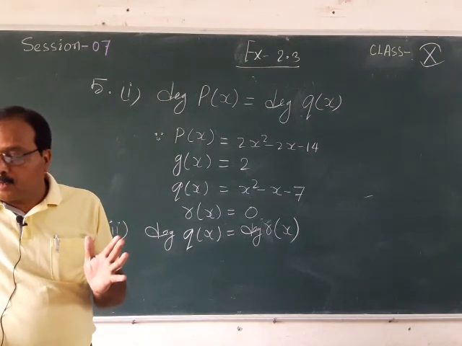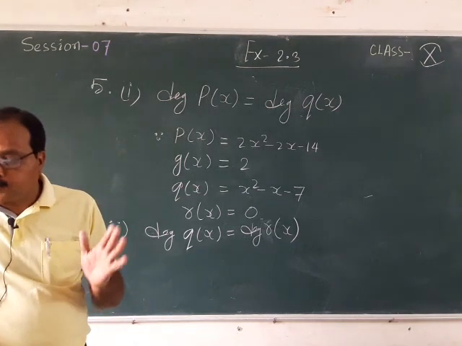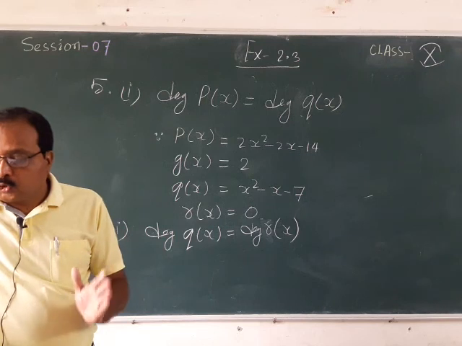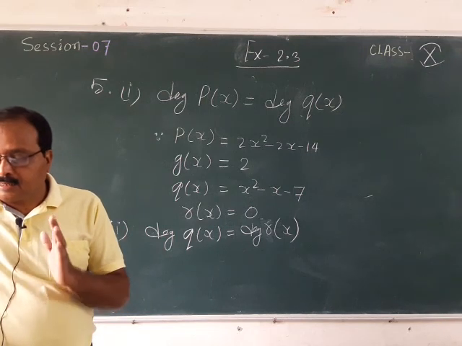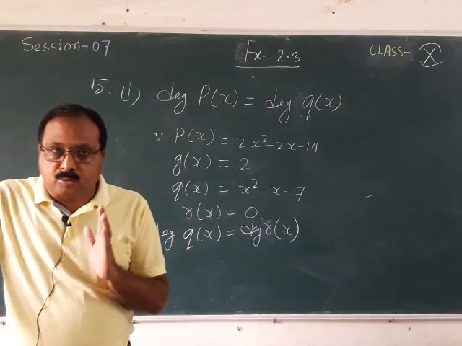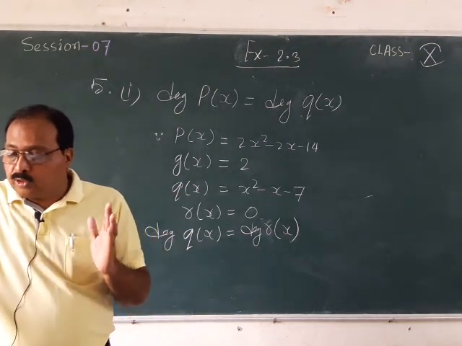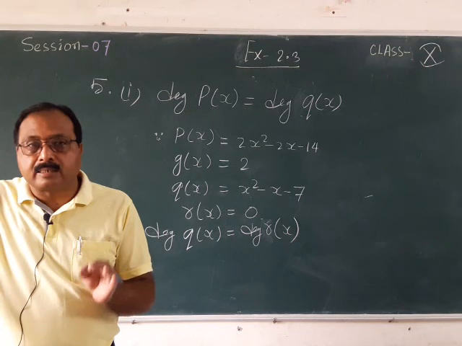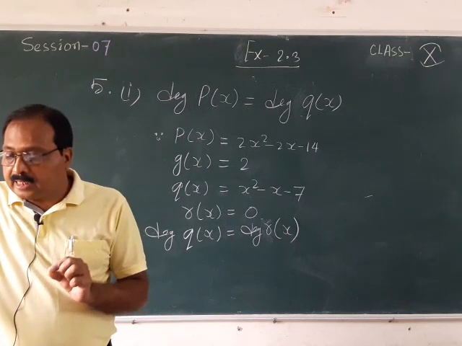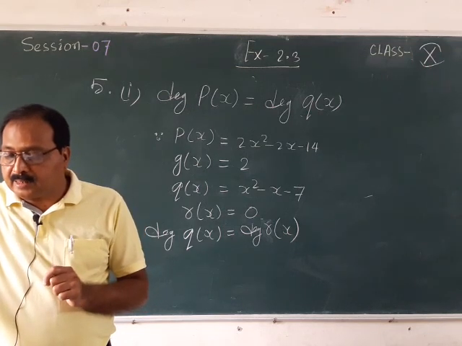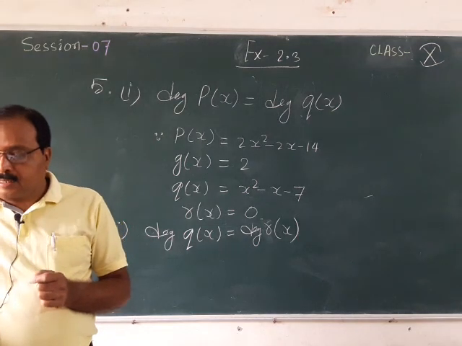This is only possible when the degree of both Qx and Rx is less than the degree of Px and Gx. So, you can take like Px,